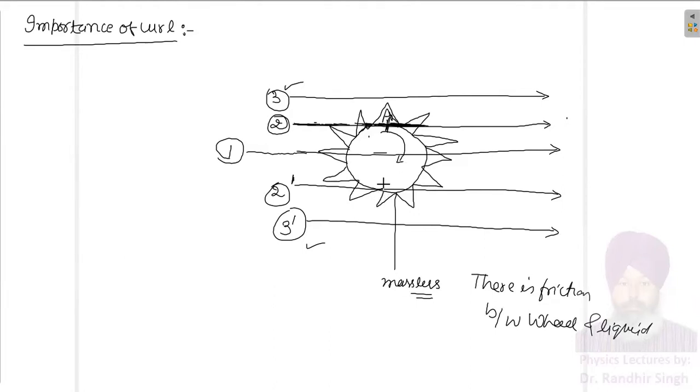Now suppose there is another point opposite to A, let us say this point is A dash. At A dash I have a jaw, and at this point this streamline is again tangential. Kindly forgive me for the poor drawing. It will try to produce anti-clockwise rotational motion. Let us say this point is B.